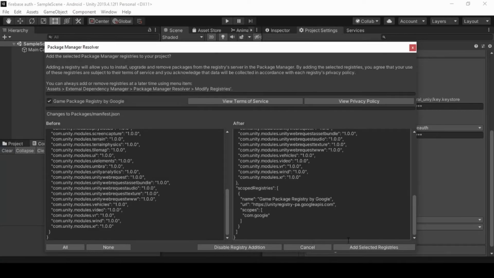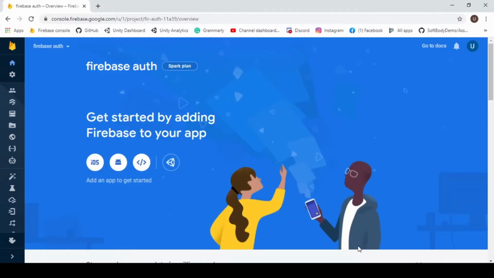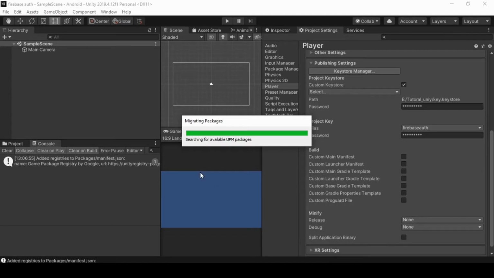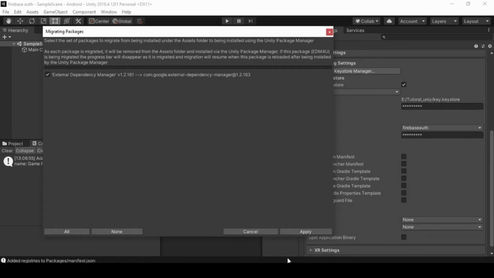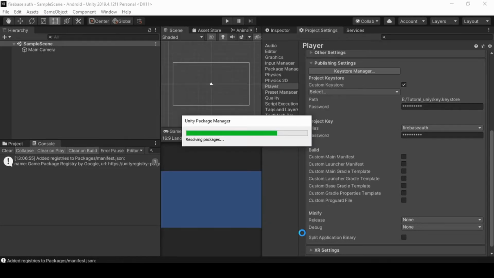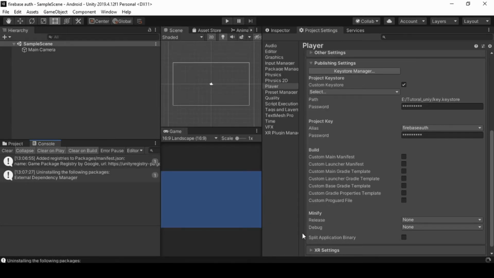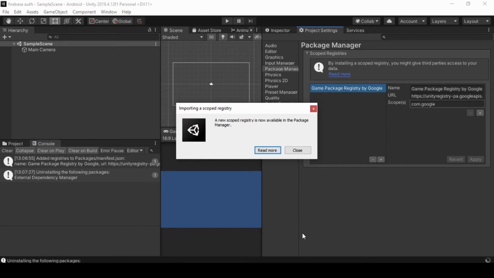Now go back to Unity and click Add Selected Registries. This will take a while to complete, and click Apply. Now click Close, and we need to import the Firebase Auth package. Check the link in the description for Firebase packages.